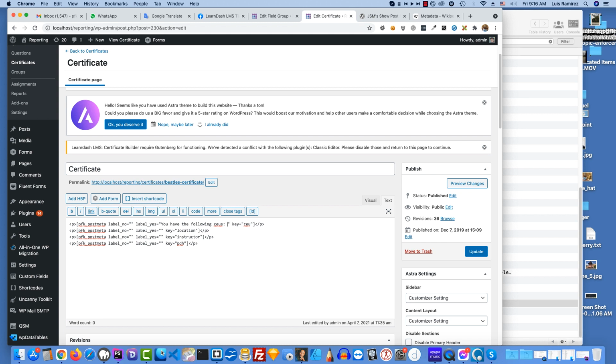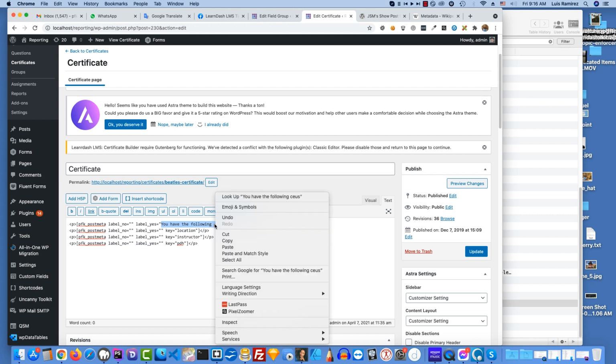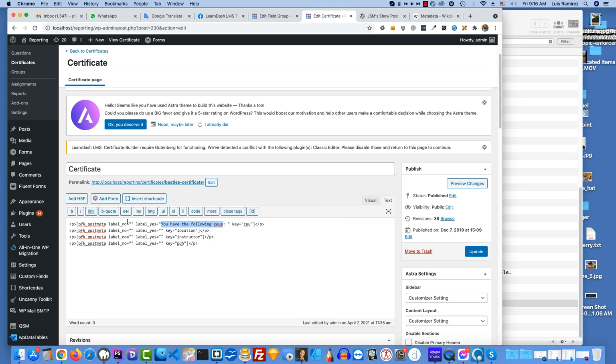And then I'd probably want to put a space there. And then if they do not have any CEUs, in other words, it comes up like an empty string, you want to fill in this no label. So I'll just paste that in there and say you have no CEUs. And then if you don't want any prefix when you have nothing coming back, or a prefix when you do have something coming back, you just leave these as empty strings. So we'll leave this as an empty string, and then the instructor will leave that as an empty string, and then a label no, I'll say no